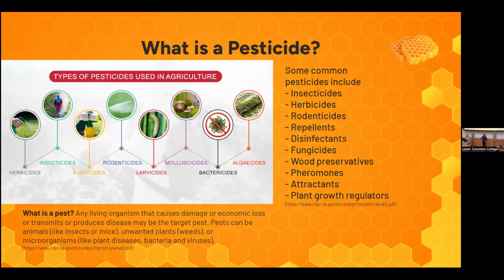So one of the first things you may be wondering is, what is a pesticide? I'm sure everybody's heard the word pesticide before, but you may not be familiar with what exactly qualifies as a pesticide. Here I broke down some of the various pesticides. Here's a list from the California Department of Pesticide Regulation. Unfortunately, in Washington State, we don't have our own governmental body to test for pesticides. California is the state that has the most funded and well-developed body for testing pesticides, and they classify pesticides as any of these